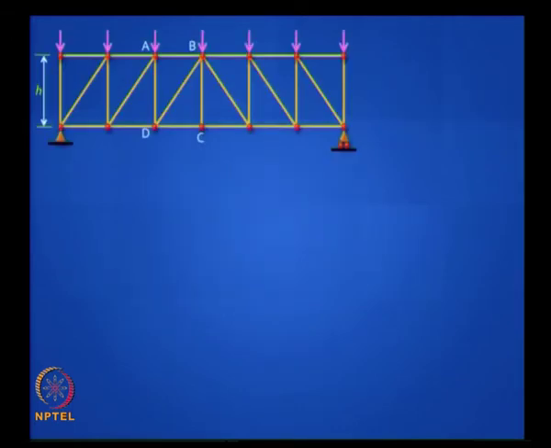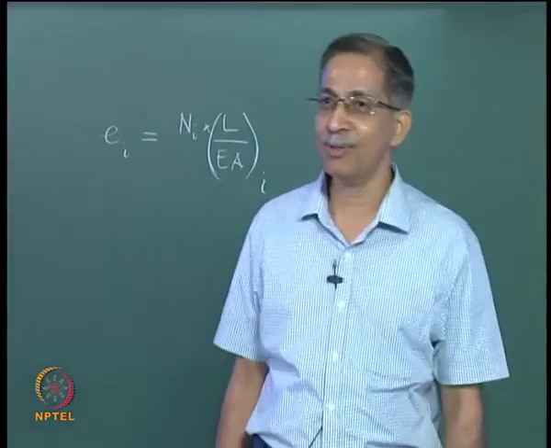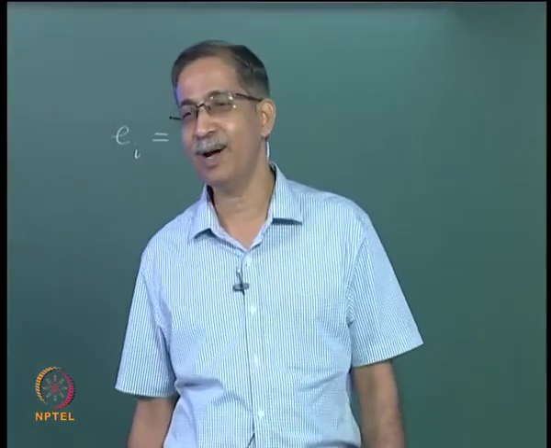Now we first studied beams and then we looked at trusses, so it is good to see an equivalence between the truss and the beam. Here I have shown two pictures of what are called N trusses, because they look like the letter N, one of them does and the other is a mirror image. Let me ask you a question: for the loading shown here, which of the two is better, which is more structurally efficient, the top one or the lower one?